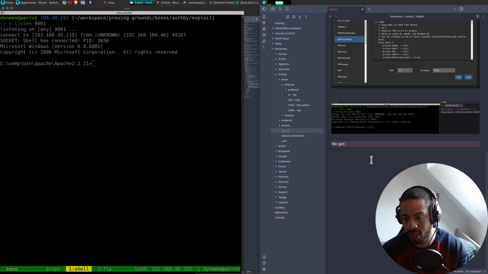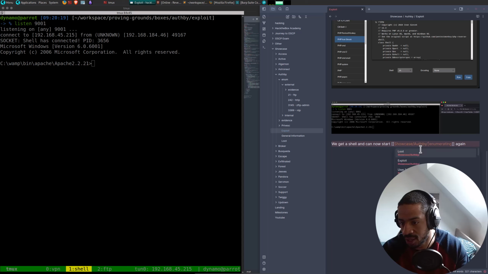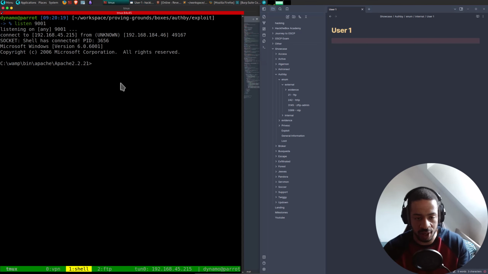We get a shell and can now start enumerating again. So let's do a link, and we're going to say showcase authb but not loot. We're going to say internal, so enum internal, like that. And then user, we're going to start enumerating.